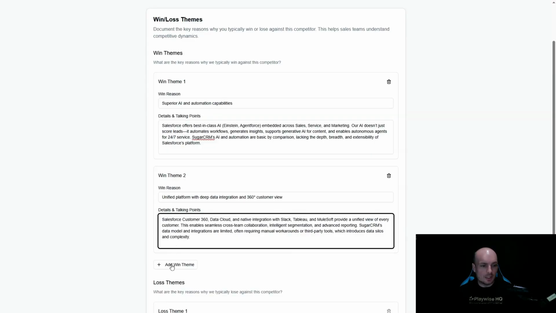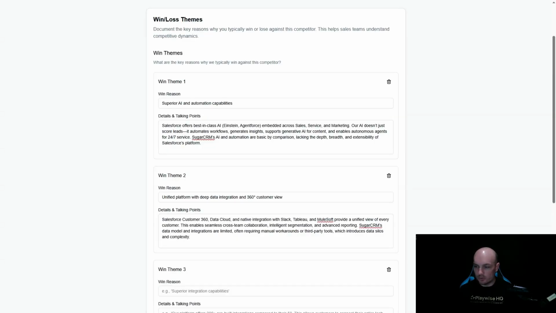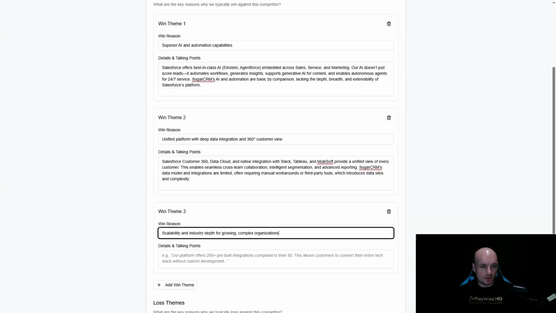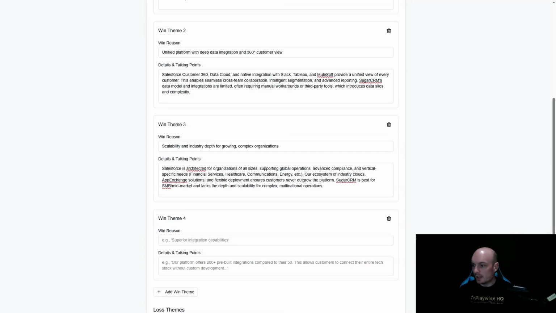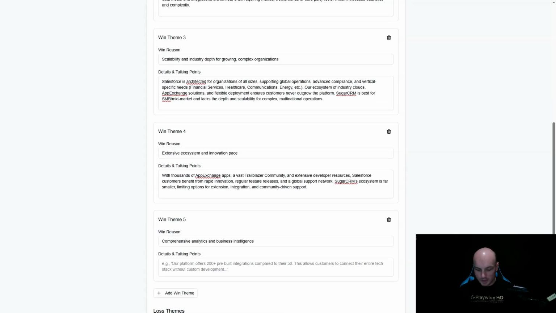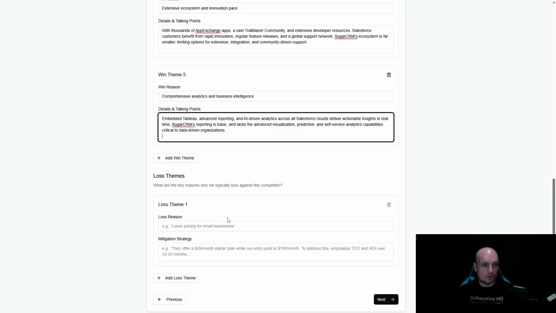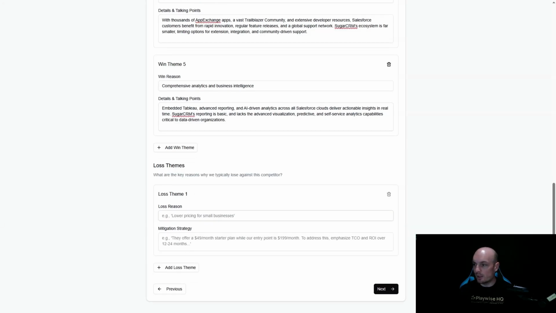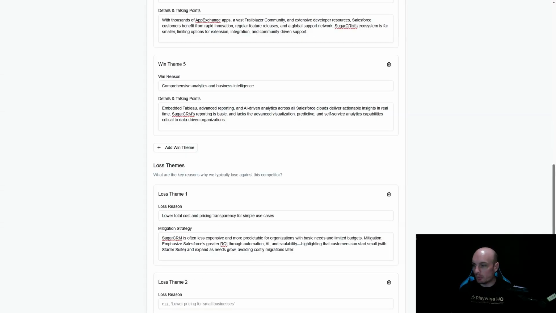So you can just hit the add win or add loss theme button to add additional win-loss themes, as many as you like. We'll just add a couple more here and now do the same for our loss themes. So some of the key reasons why we may lose against this competitor. And for our sales team, these are kind of landmines or areas where we want to be wary of